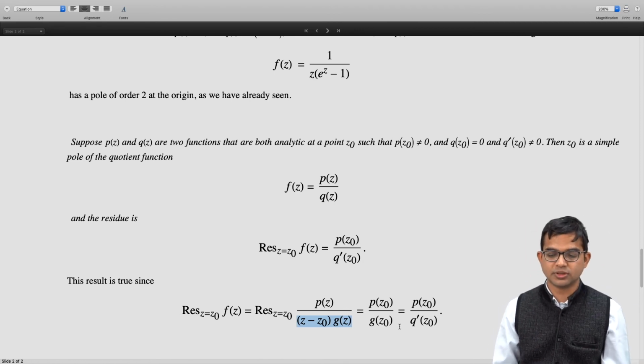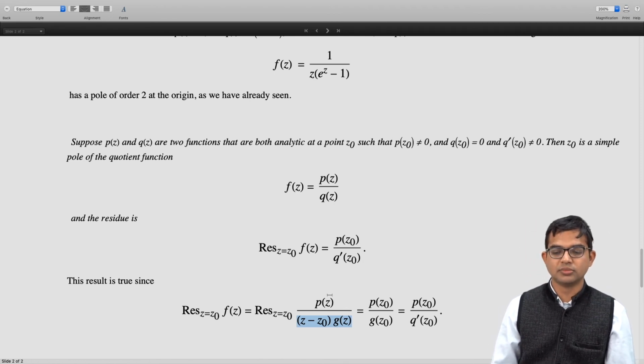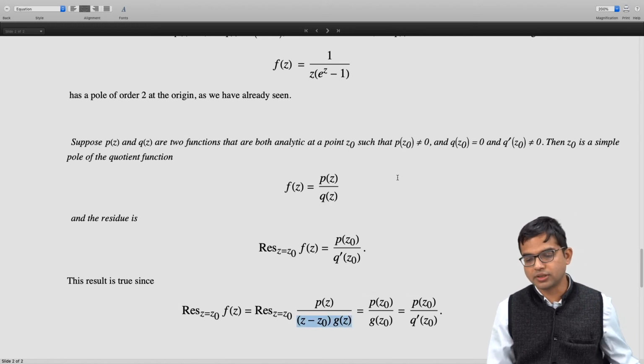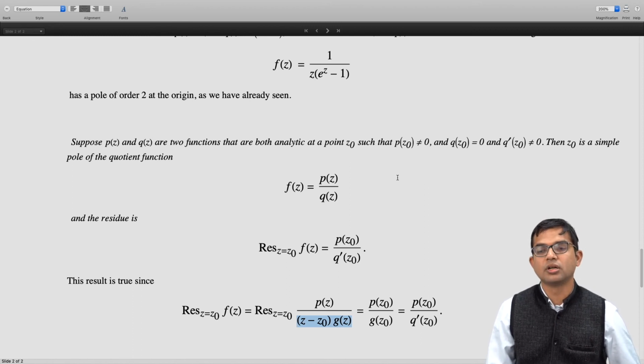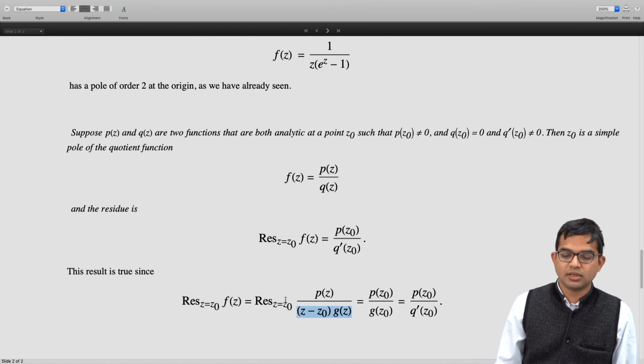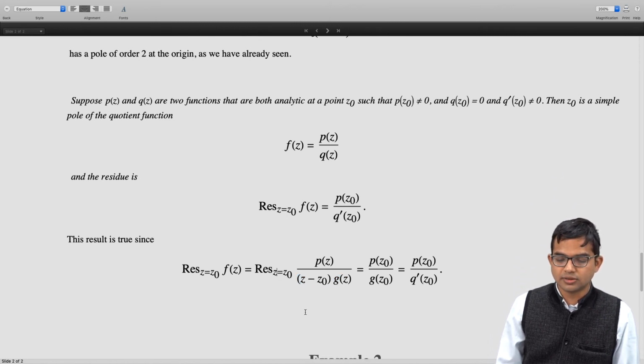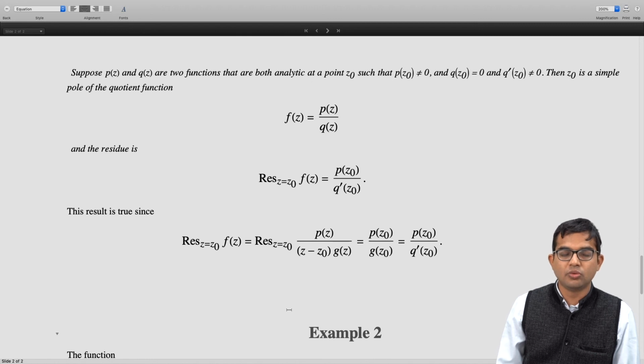So this is also something which directly comes from the definition of a 0 of order 1, right? After all, you're given that you have a function q of z and it has a 0, so you're able to pull out z minus z naught, and then you're also given that q prime is not 0. Therefore, indeed, g of z naught is nothing but q prime of z naught. So that's all. So this is a straightforward result, and it is useful to just directly invoke this result